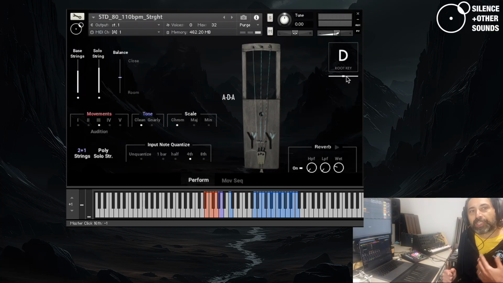So you can create some interesting harmonization that of course wouldn't be possible on the real instrument,